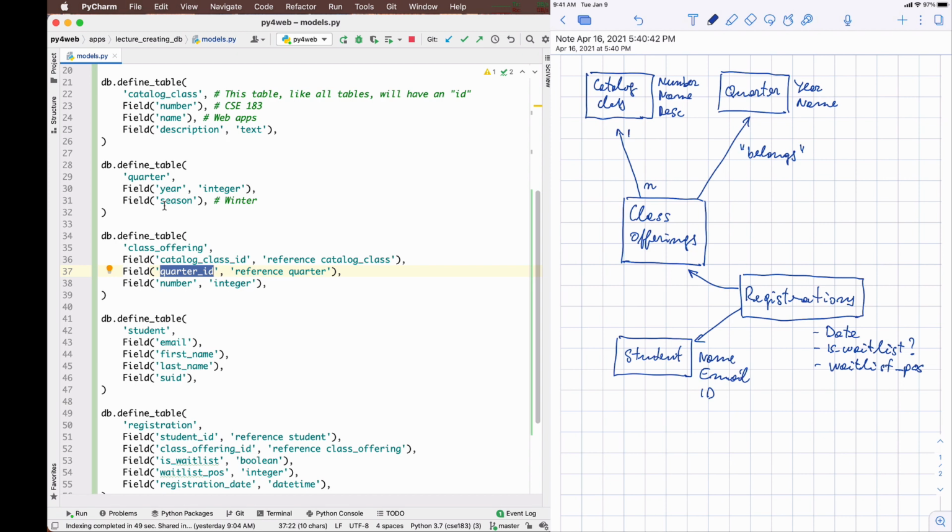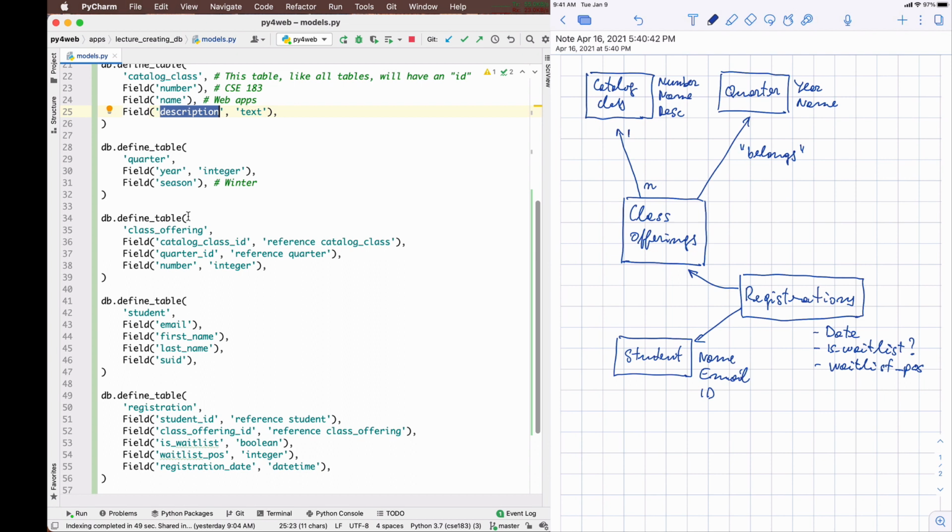This is essentially a practical test that tells you whether a database is correctly organized. Suppose you rename CSE 183 from web applications to web development. You want to have only one place where to make the change, and the place will be the name of the catalog class. Suppose a student changes their name. The only place where we need to change it now is the table student. Suppose you update a class description. Again, only one place. There is only going to be one record for CSE 183, one row in the database that you need to update. Okay? It works this way.